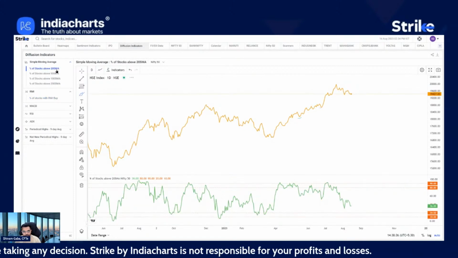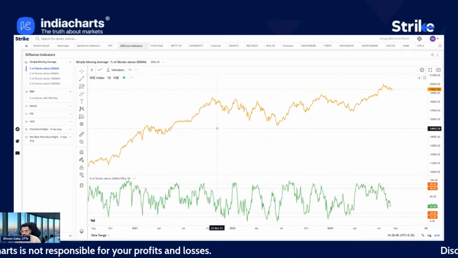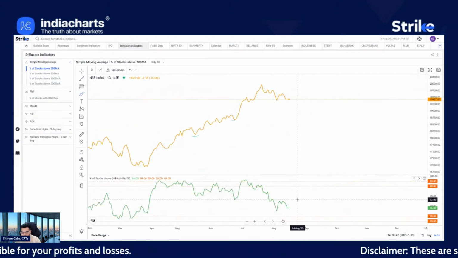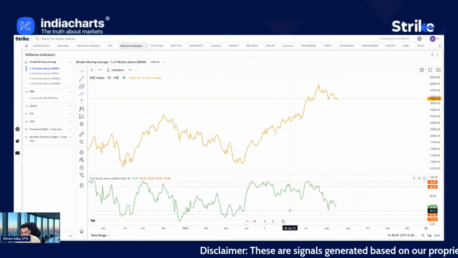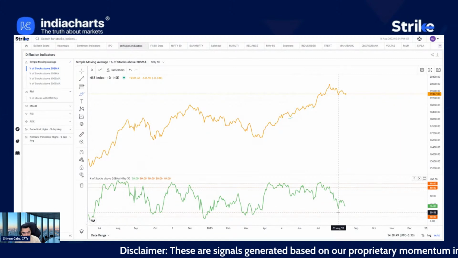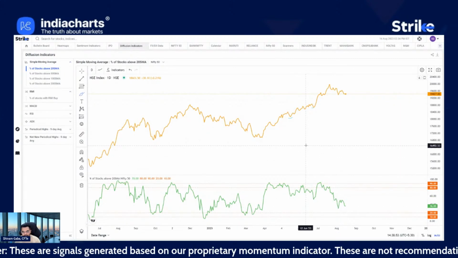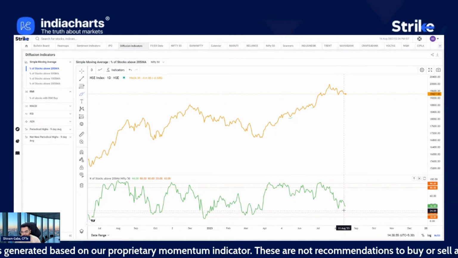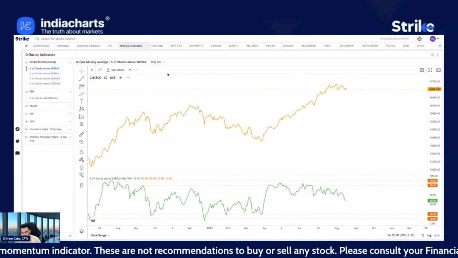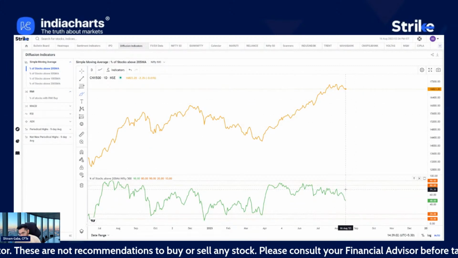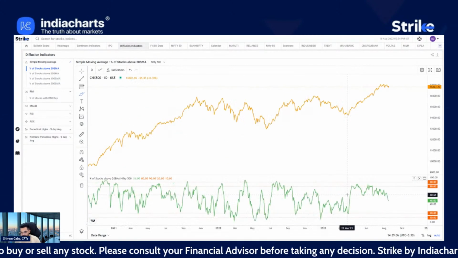If we look at just the percentage of stocks which are trading above their 20-day moving average, you will see that only 36% of Nifty stocks are trading above that level for now, and it had fallen to around 30 as well. So from a moving averages point of view, it is showing that the participation is less in the Nifty at least, and in the broader context, in Nifty 500, still 48% of the stocks are above their 20-day averages.